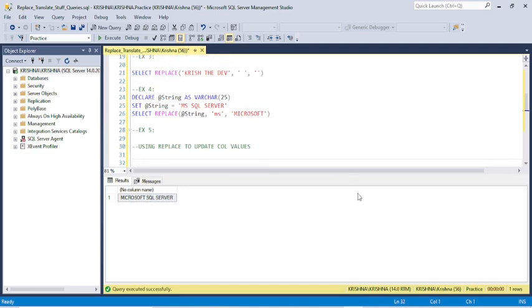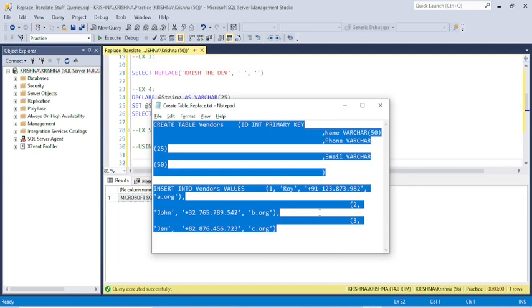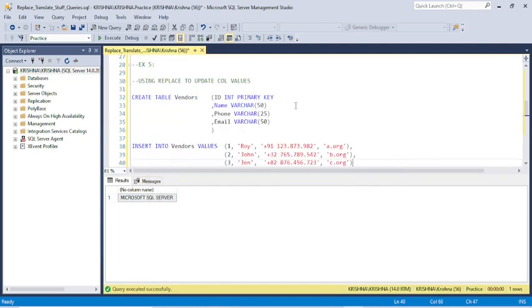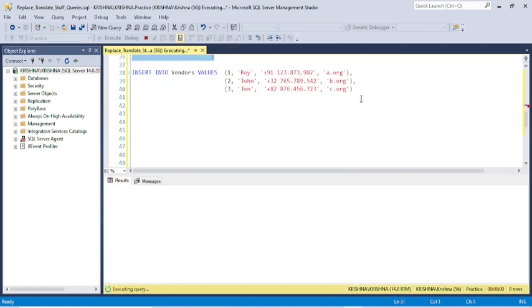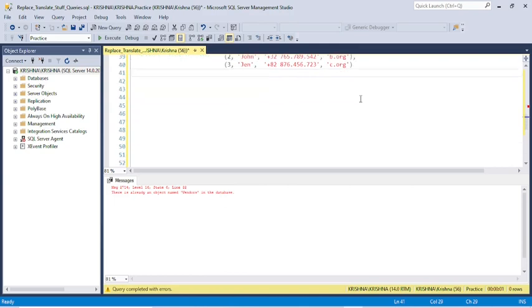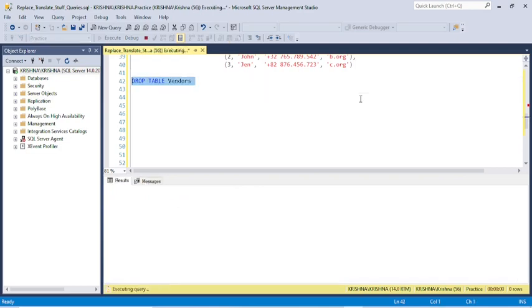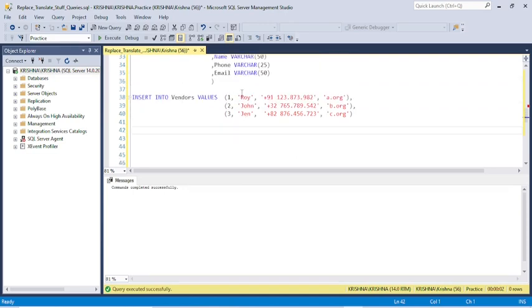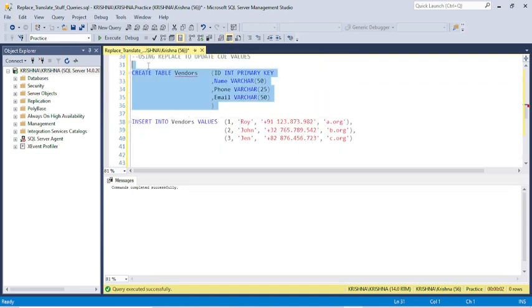Okay, in order to save some time, I've already written this query in order to create a simple table. I think I already have this table. Let me drop this. Yeah, commands completed successfully, and I'm gonna create this table, and I would like to insert